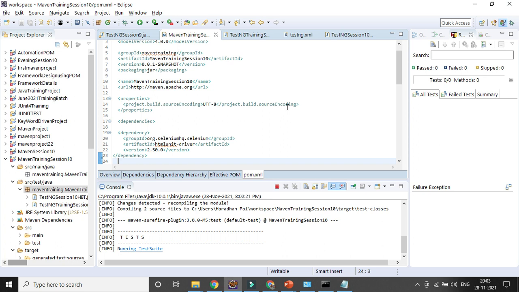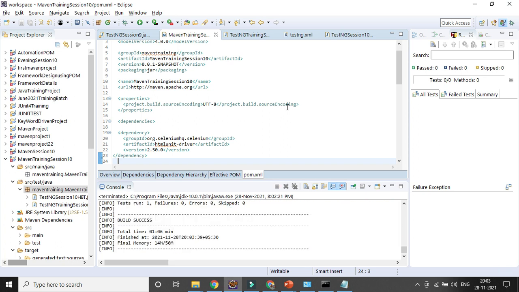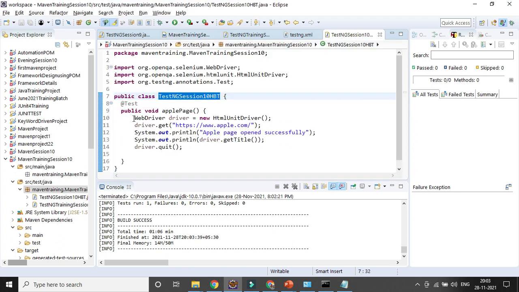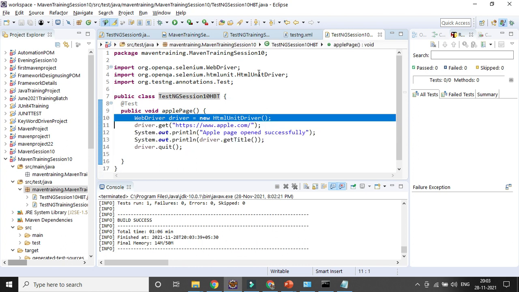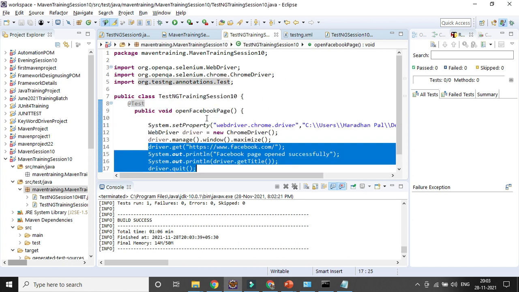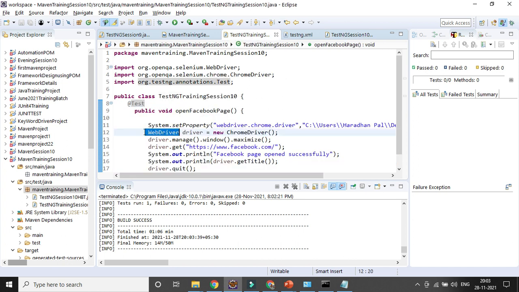So here we are not importing that HTML unit driver. Instead of that, we are adding the dependency, right, in the Maven pom.xml file. After adding the dependency, I will be creating a new class here, or you can still go with the same class, right. So I have created a new class. This is the new TestNG class I have created. So this is the setting I am doing. Whenever you need to run, open the HTML unit driver, because you need not provide the path, right. Just like here we are giving the path for the Chrome driver, no need to give the path. Directly you will be launching that driver, and you are opening the page. So that is the part I am doing.